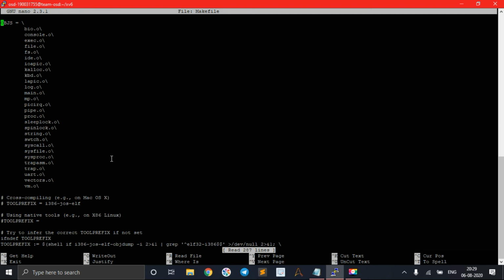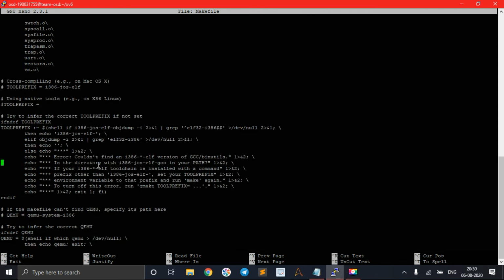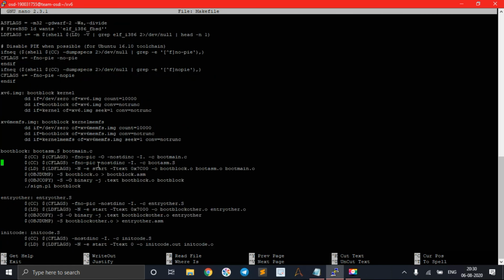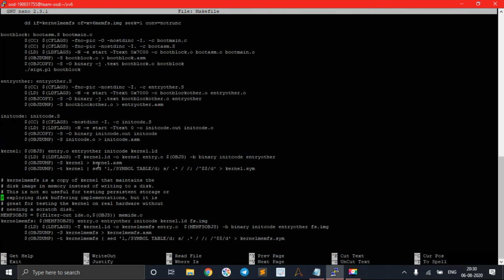In this, all these are objects, so don't go to the objects. We must change 2 positions. The first position is we must add a line in user programs, which is mentioned as UPROGS. So let's search for that user programs. If we go down, we'll have it.